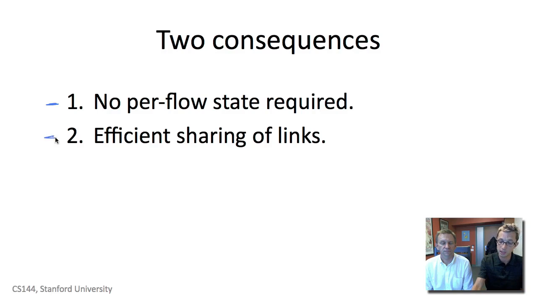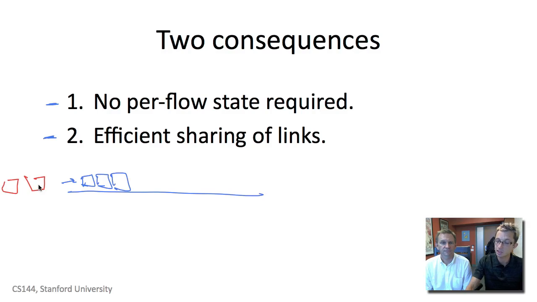The second is that you can efficiently share a link. Because data is broken into these little discrete units, imagine I have a link, and I could start by sending some packets from, say, A to B, but then later I can also send packets from C to D, packets on a completely different pair of nodes to a different destination. And so later in time, A and B are not using the link anymore, but I can then statistically multiplex it in time. I can efficiently share it so that many different pairs of communicating nodes can share the resource and it won't